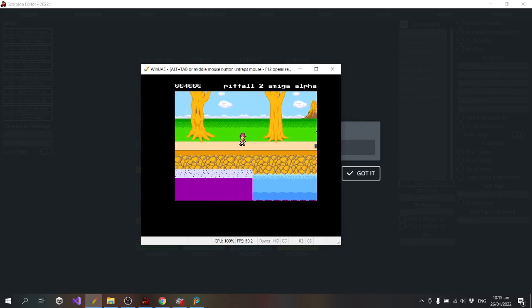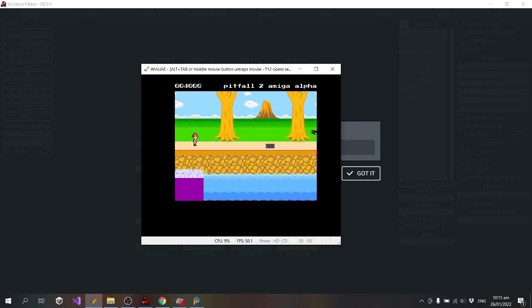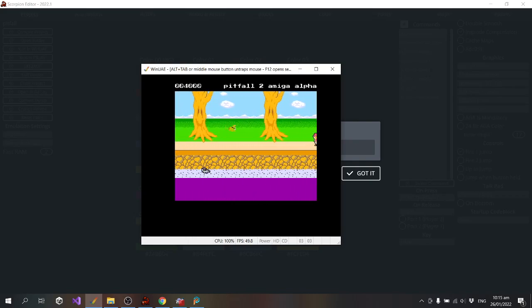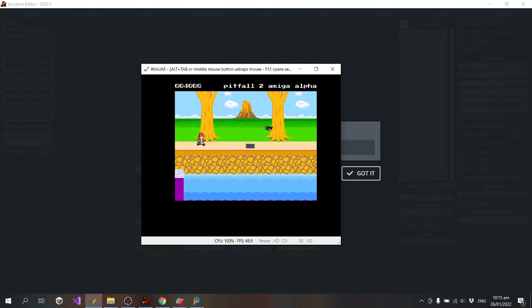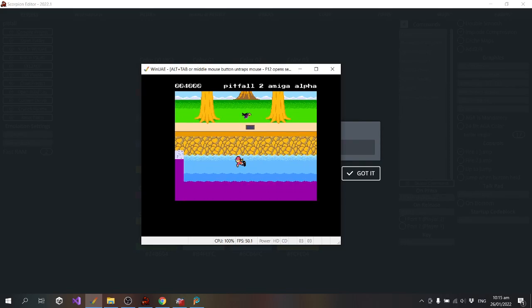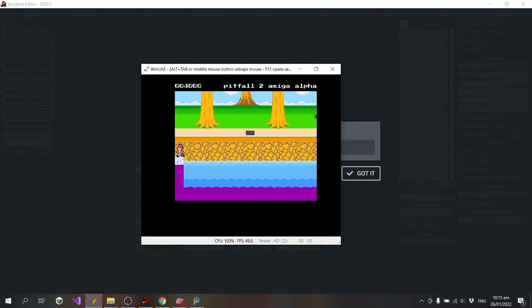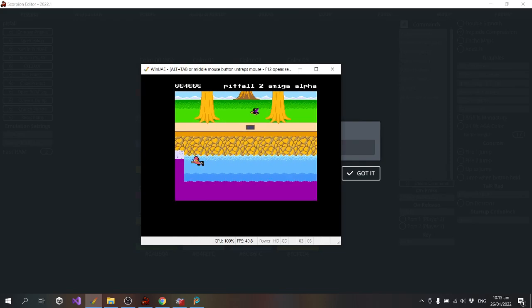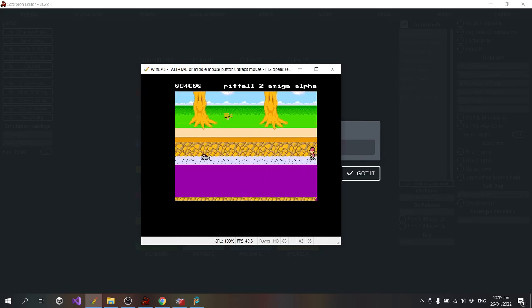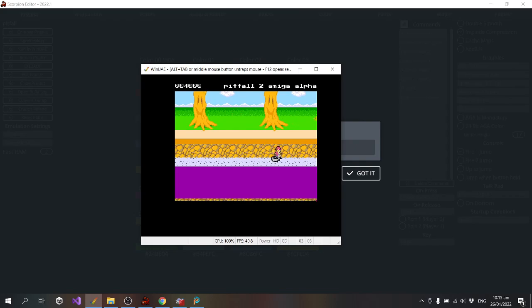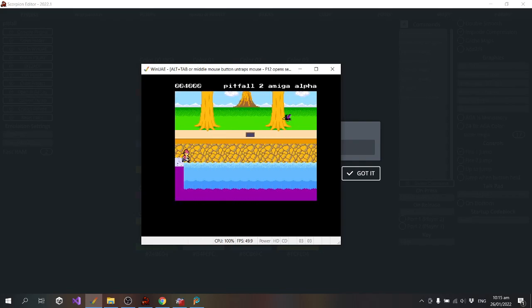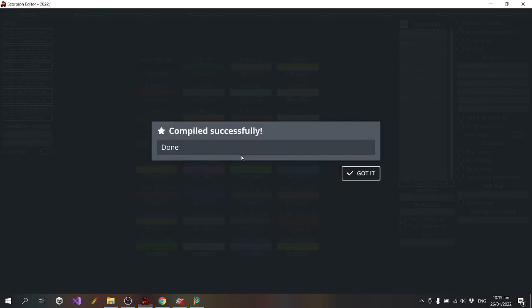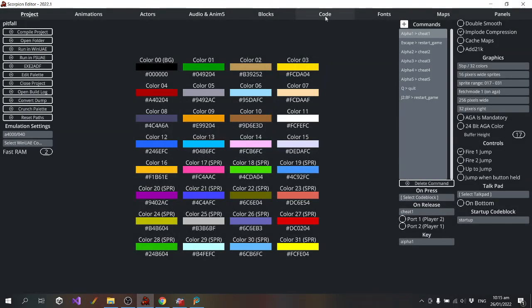Come up here, make sure it spawns again. It does. Okay, so that's all good.